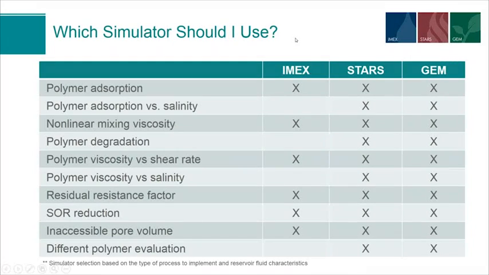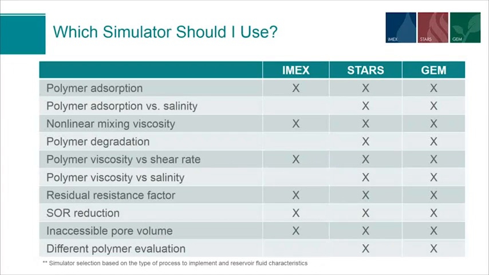Now the question becomes, what simulator should I use? As all three simulators have polymer modeling capabilities. As you can see, STARS and GEM both have very similar features for modeling polymer. So if you need some of the more advanced features of polymers, for example, like salinity or degradation, then the choice between STARS and GEM will really come down to your fluid type and what you want to compare it